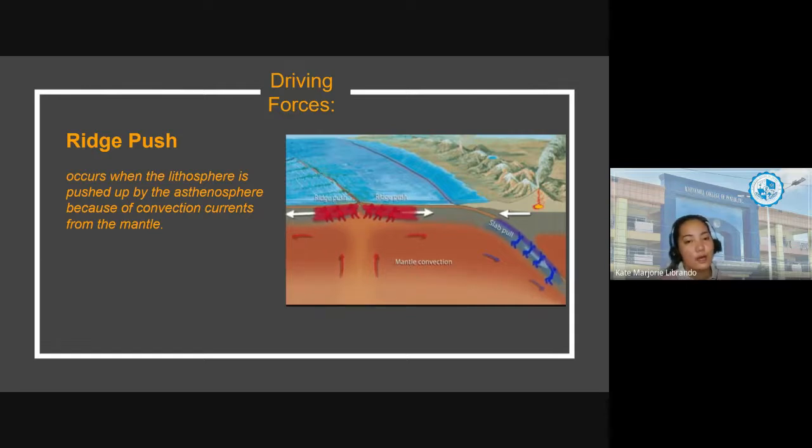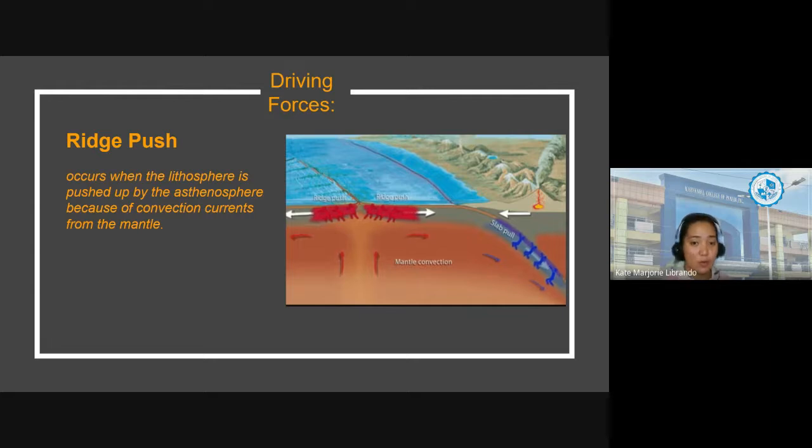Now in the seafloor spreading, as the plates move away from one another, the magma will rise up in the rift valley,